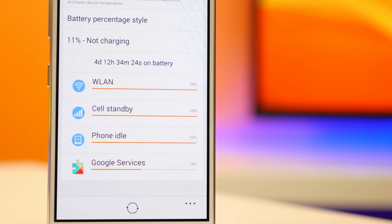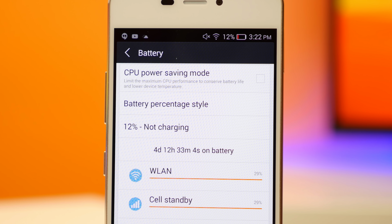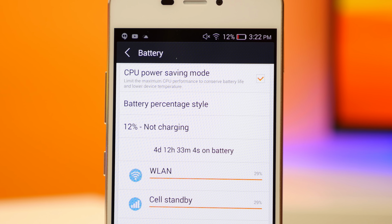When I have a lot of smart gestures turned on, the battery life does drop more, and there is a CPU power saving mode that limits the CPU performance to conserve battery life. And so I was able to get more than 5 hours of use with this phone, which really isn't too